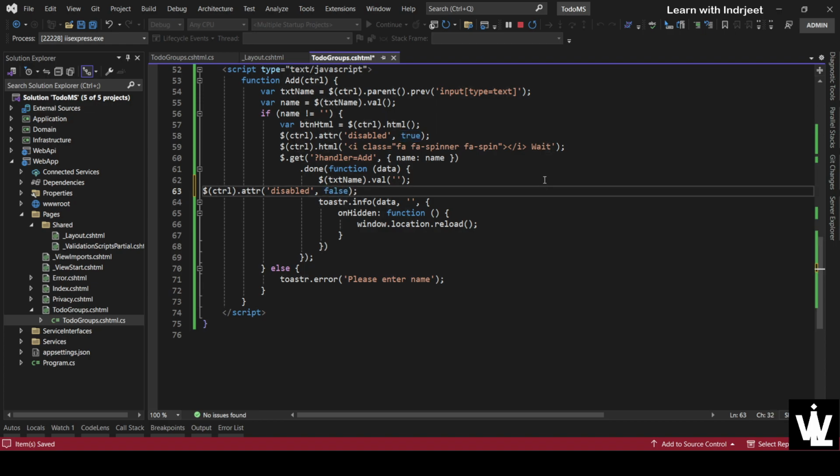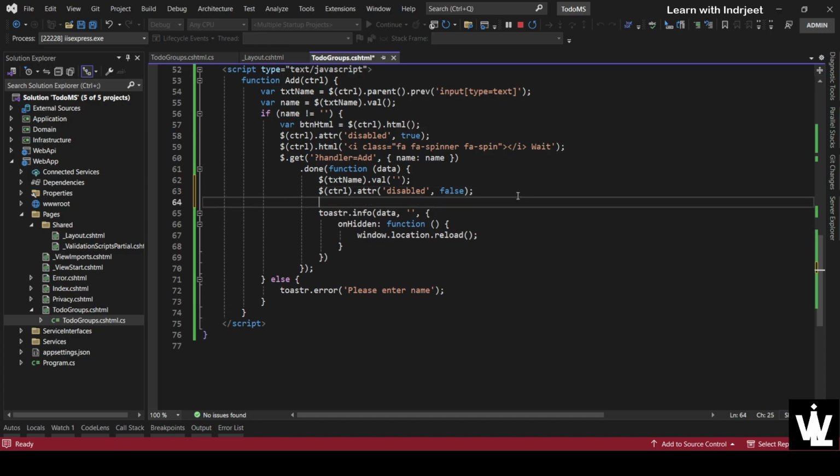First of all, and then we want to return the old HTML back, right? So let's copy paste this, and button HTML that we grabbed, will return it back. Okay, and rest of the things are same,